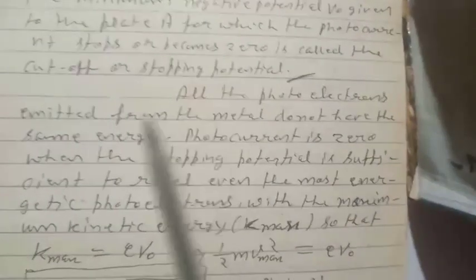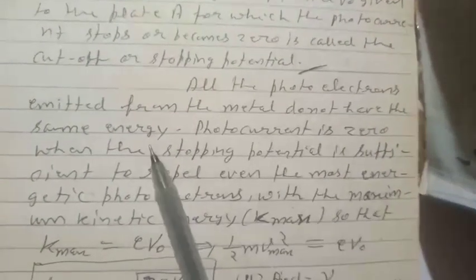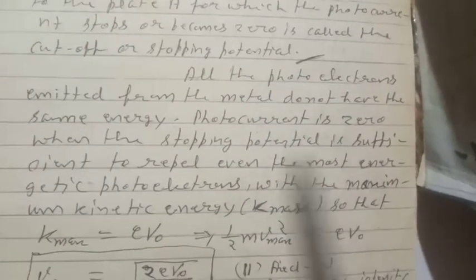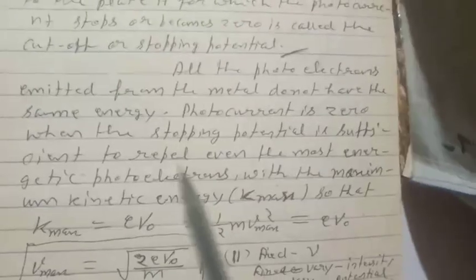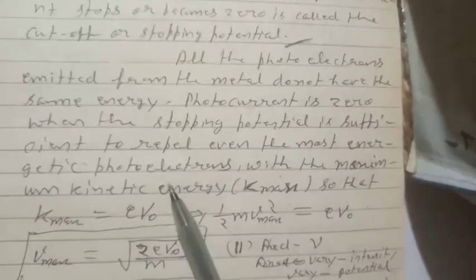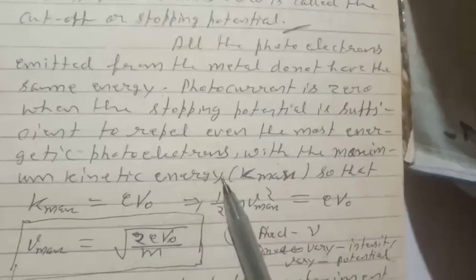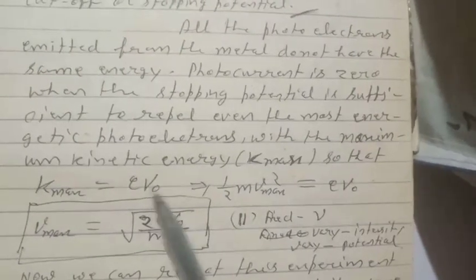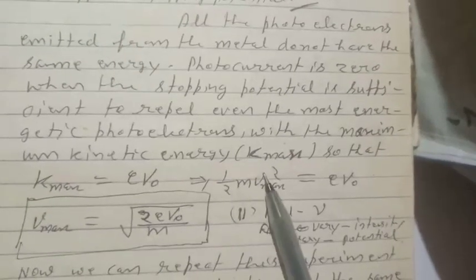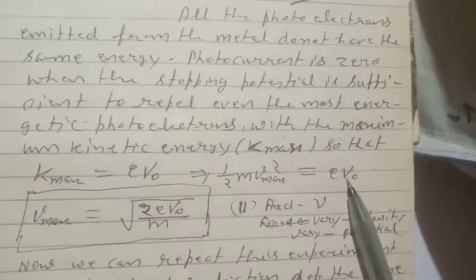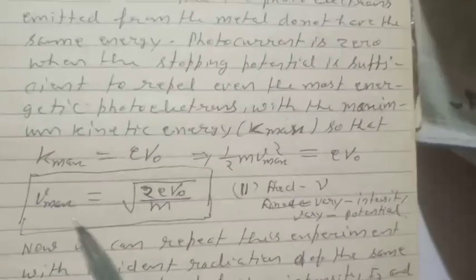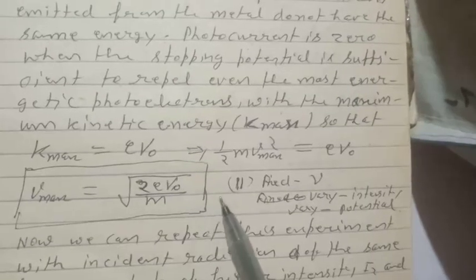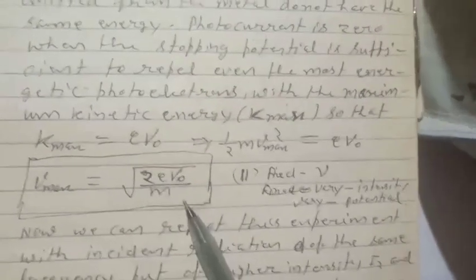All the photoelectrons emitted from the metal do not have the same energy. Photocurrent is zero when the stopping potential is sufficient to repel even the most energetic photoelectrons with the maximum kinetic energy Kmax. So Kmax equals e times V naught, or 1 by 2 m v squared max equals e V naught, or v max is equal to under root 2 e V naught by m. Here the frequency is fixed,